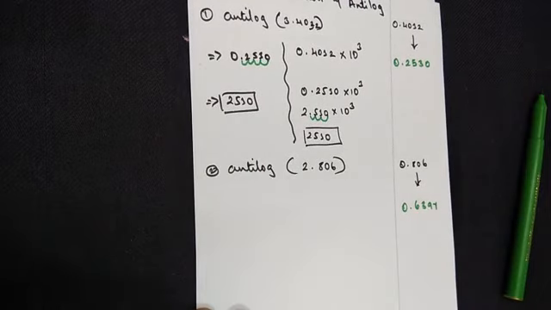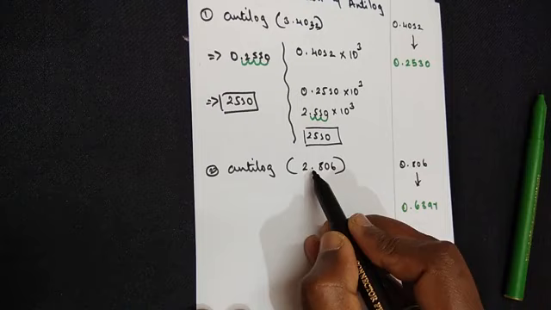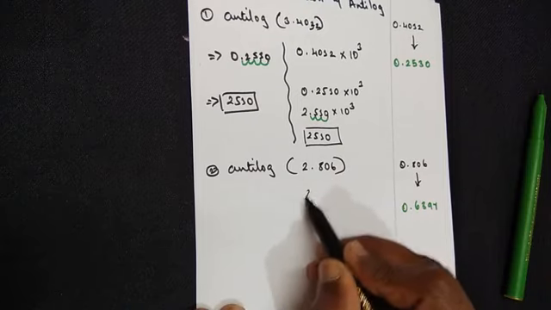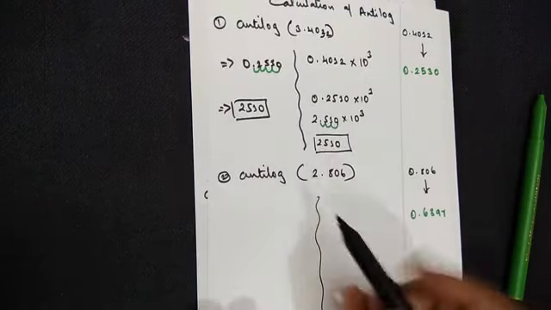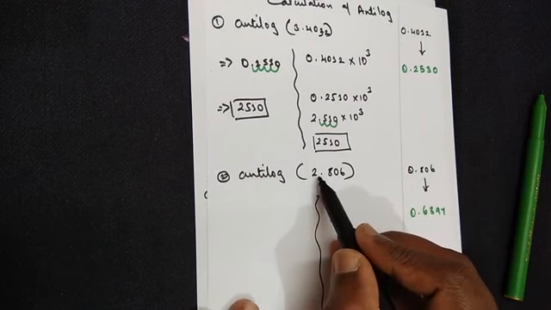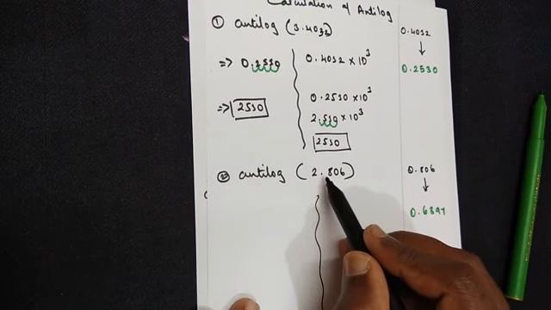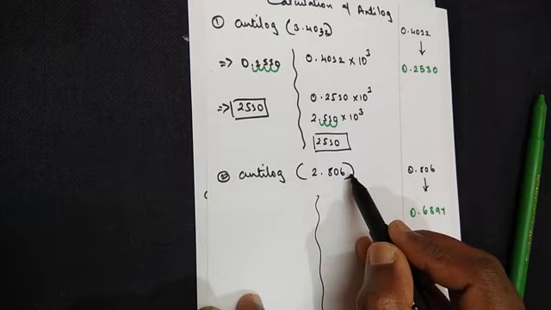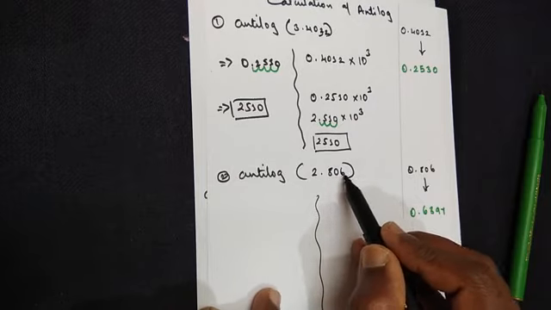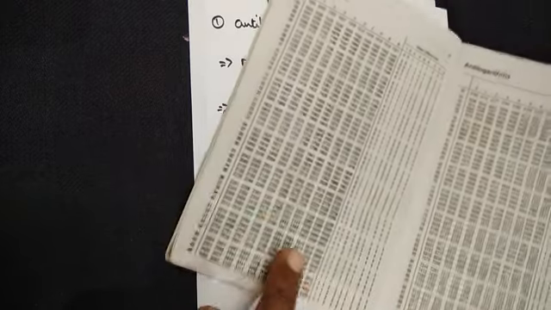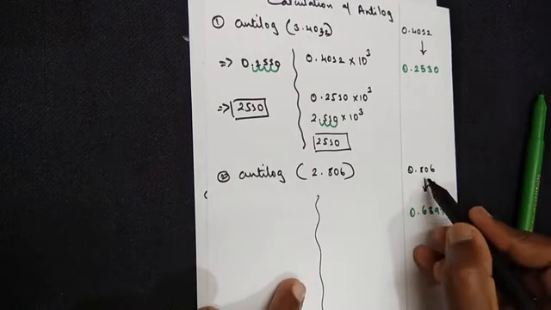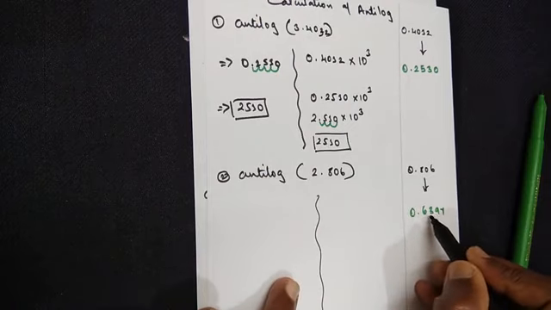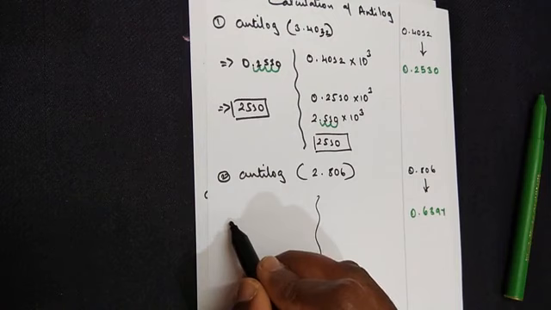Let's work out one more similar question. Anti-log of 2.806. So let's first work in this method here. How shall we write it here? Anti-log of, we have to look for 0.806. There is no mean difference. So under 0.80, look for the 6th column's answer. So the answer comes up to 0.6397.